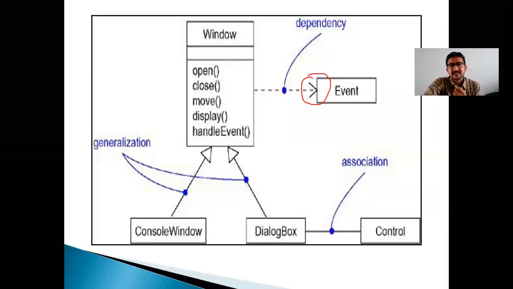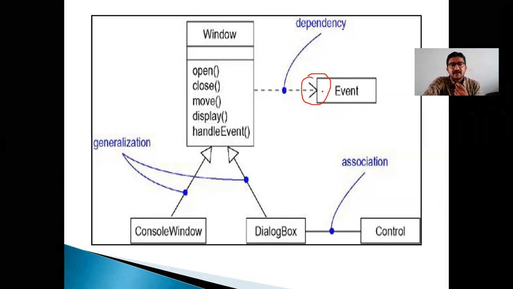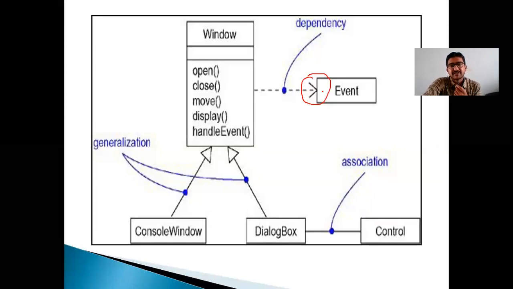Whatever change is done in one place, it is only one way. Another example for dependency: date of birth and age. If date of birth is changed, automatically age is changed. But when age is changed, date of birth will never change. Are you getting my point? When DOB is changed, automatically age will be changed. But the vice versa is not possible.